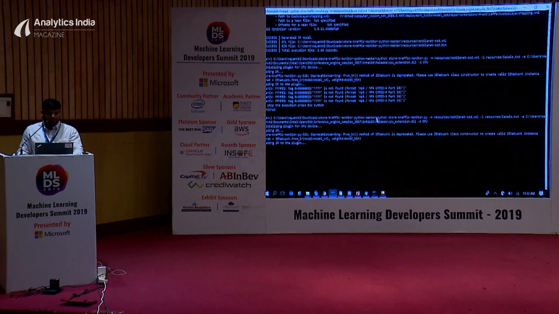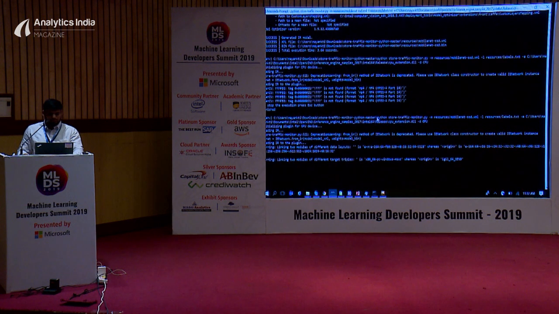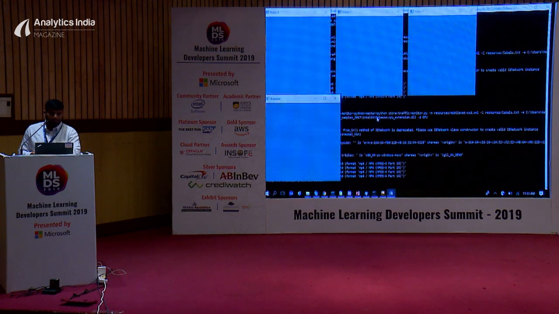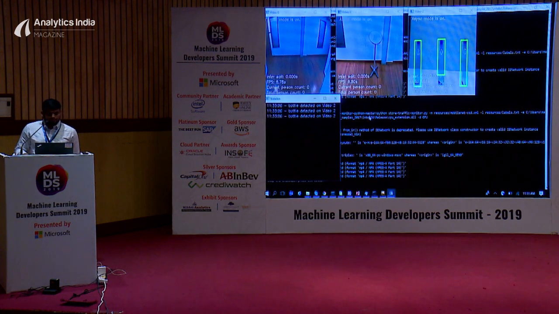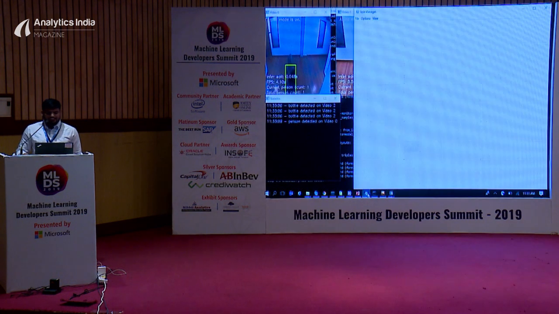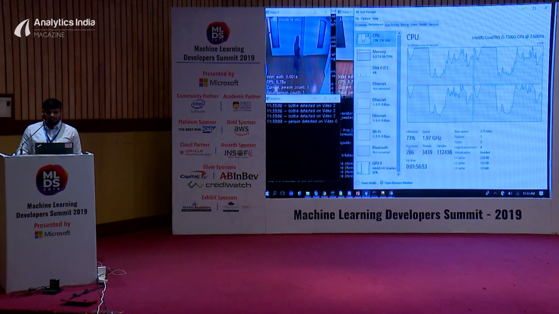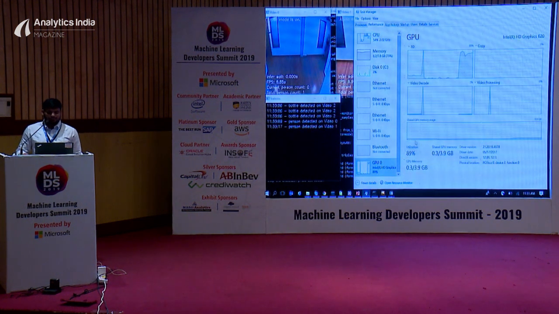Okay, let it come. Now in this case, you can see that the workload of the CPU will slowly come down. It's coming down. And if you see here for the GPU, you can see that its utilization has increased.